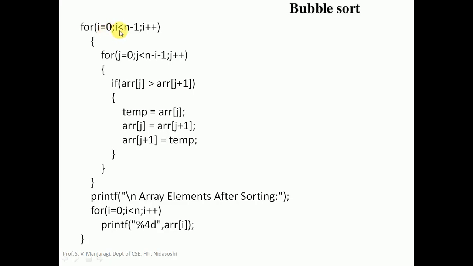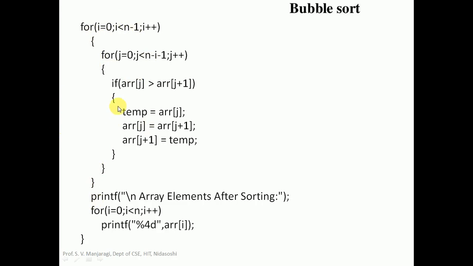It is going to be repeated up to less than n minus 1. For example, if n equal to 5, what is n minus 1? It will be 4. It is going to be repeated up to 3, starting from 0. If you count from 0 to 3, 0, 1, 2, 3, it will be a total of 4 passes. If n equal to 5, n minus 1 will be 4. The bubble sort is going to make n minus 1 passes.